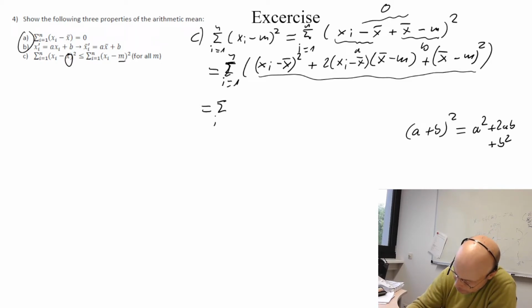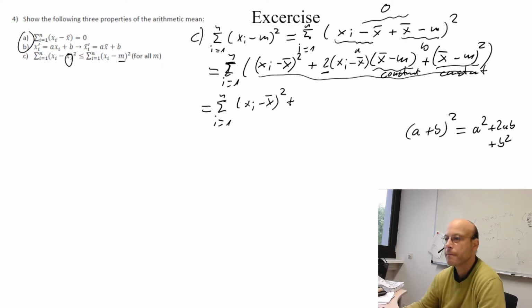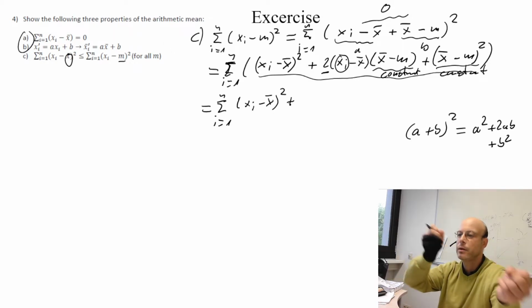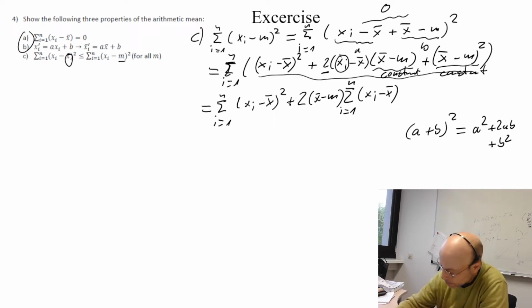So this will be then sum from i to n of (xi minus x bar) squared plus, and now this is just a constant, and this is just a constant. So the 2 is also a constant. And only here you have the summation parameter i. So all constants you can put outside the summation operator. So you obtain 2 times x bar minus m times the sum from i equals 1 to n of (xi minus x bar), plus,